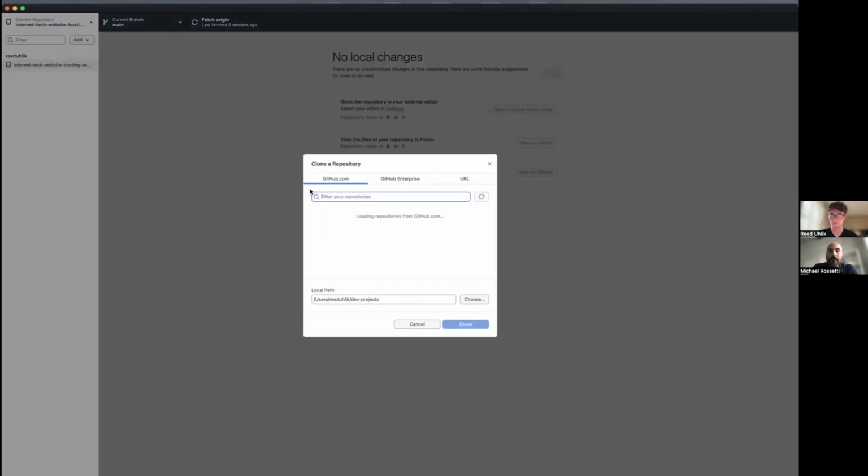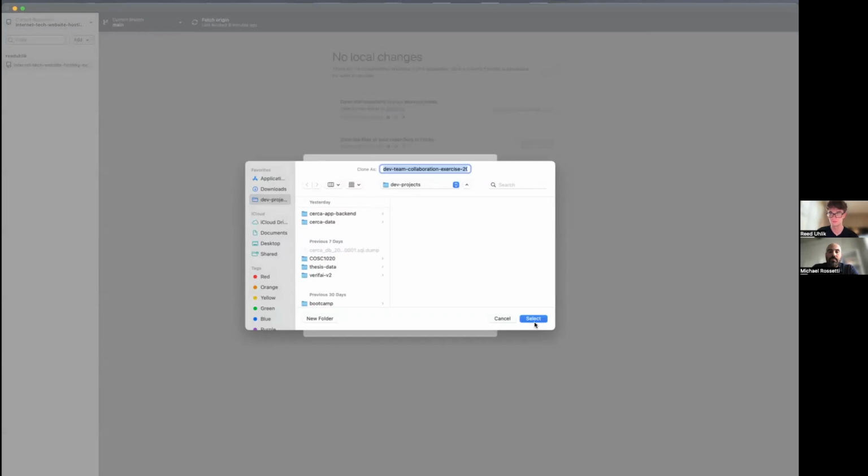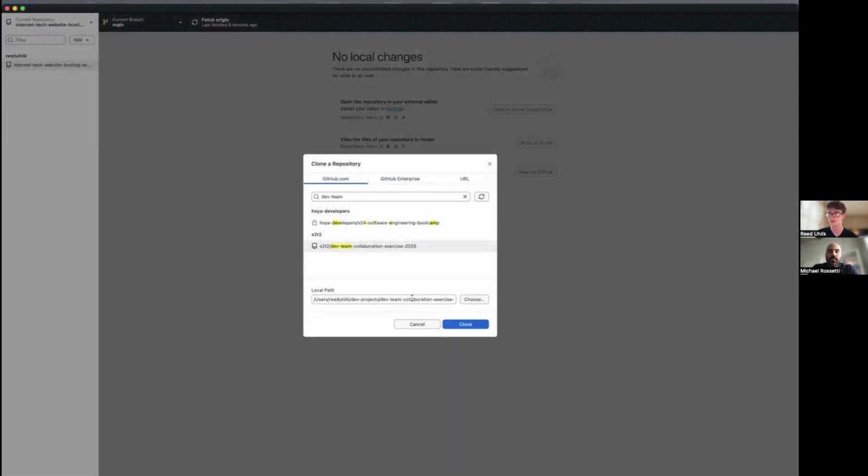And so if I click clone repository, and I believe this was called Dev Team Collaboration Exercise 2025, shared with me by Professor Rossetti. I'm going to click on that. And then what I'm going to do is I'm going to choose where I want to actually store this on my computer. And so what I'd like to do is I have a folder called Dev Projects that I put all of my work into, and it'll tell me it's going to clone it into this specific path on my computer. And once I hit clone,